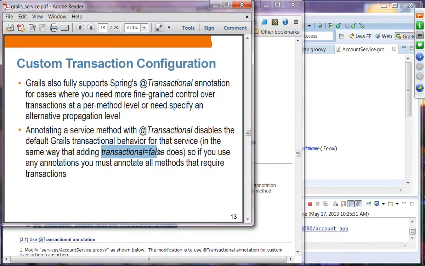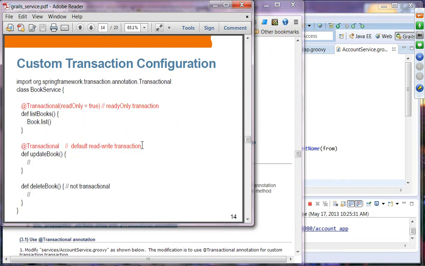Okay, all right. So you can have a transactional annotation at the class level or method level. If you have it at the class level, all methods of that service will be inheriting this transactional behavior. And of course, if you specify a method level, then that will override the class level. So let's say an example. So here,